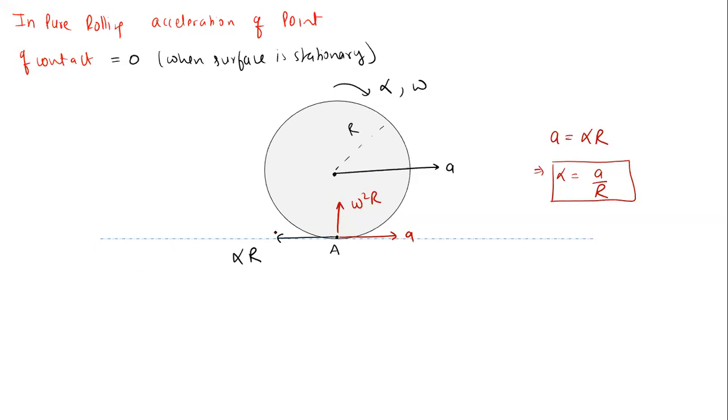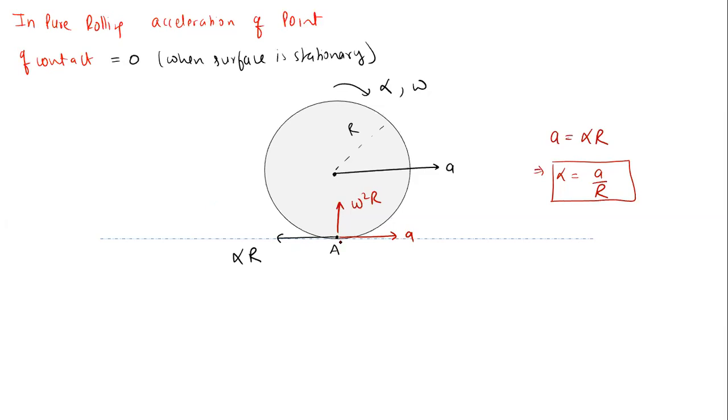See, if you take the pure rolling condition, do you think that every time pure rolling is there, the point of contact remains the same or it changes? Every time the point of contact is changing or it remains the same? Changing, yes. Okay. It is always changing. And which acceleration is responsible for changing the particle? Is it alpha r or omega square r? Omega square r, yes, very good.